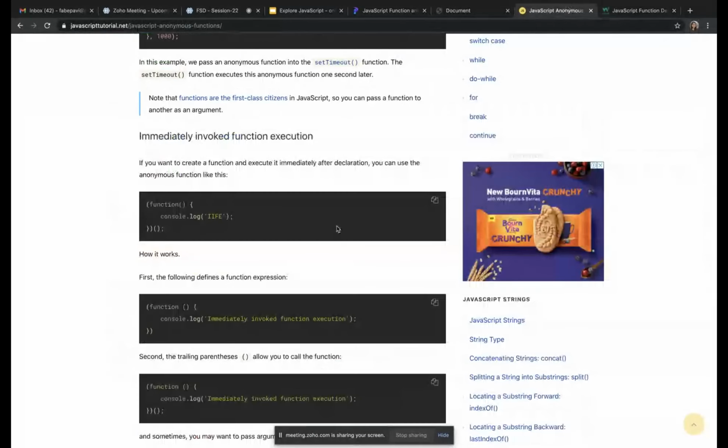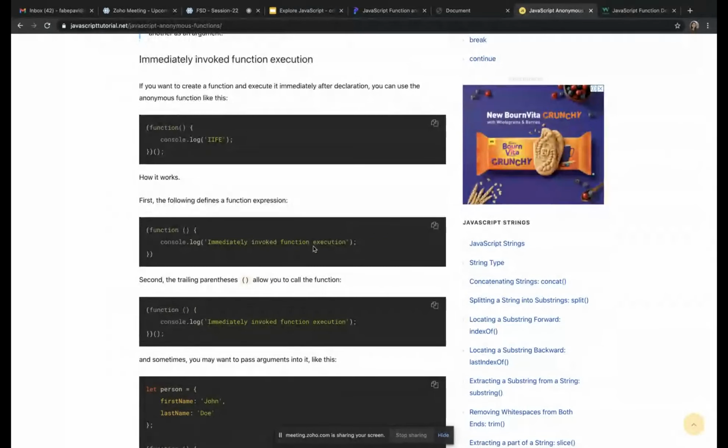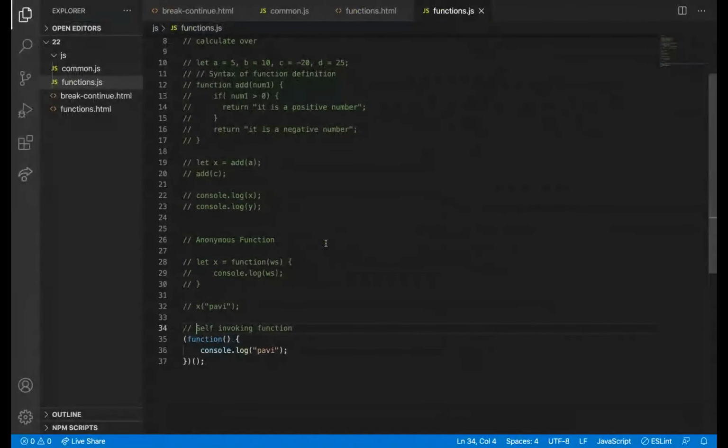This is an immediately invoked function expression. What I said previously was that I need to call the function, and only after that will it get executed. But here it will execute immediately once it is written, because I haven't called it anywhere. We are calling it right here itself.